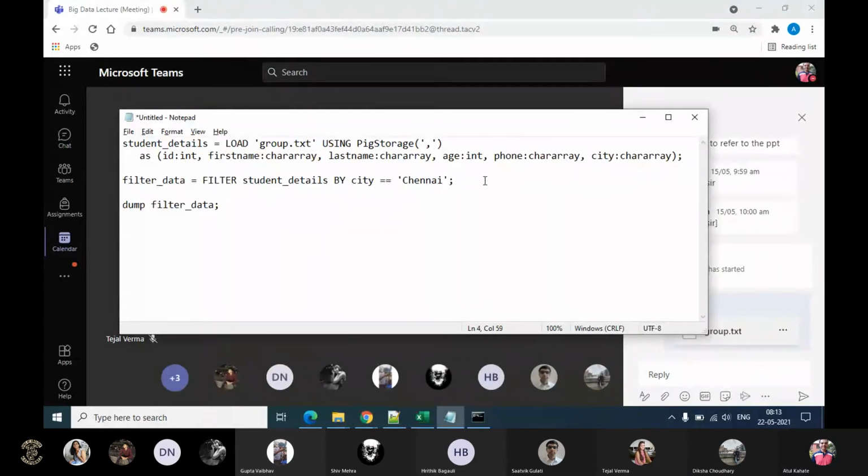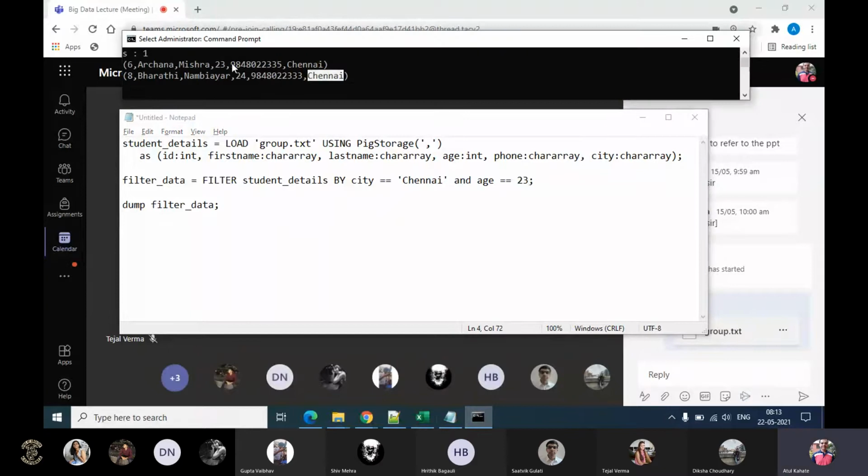You can also add compound conditions. So here, for example, we can say and age equal to 23. In the current output, there are two records that have appeared: this student with age 23 and this student with age 24, both having city as Chennai.